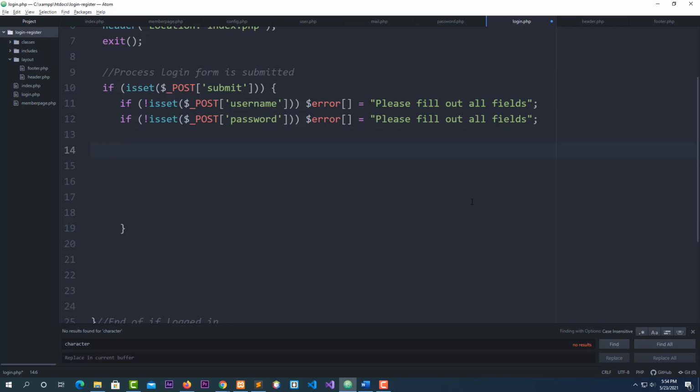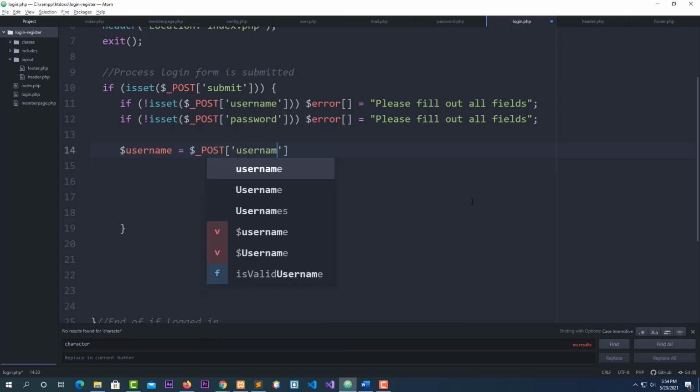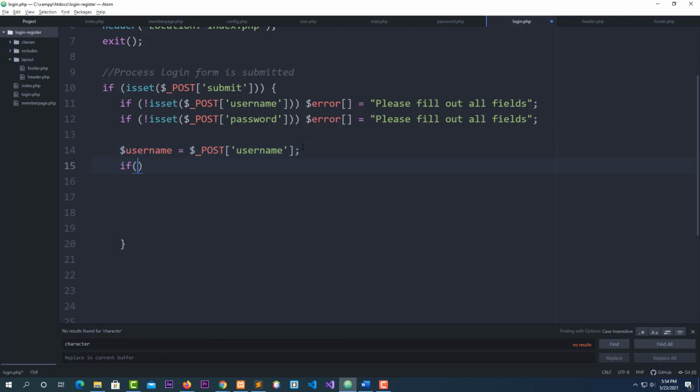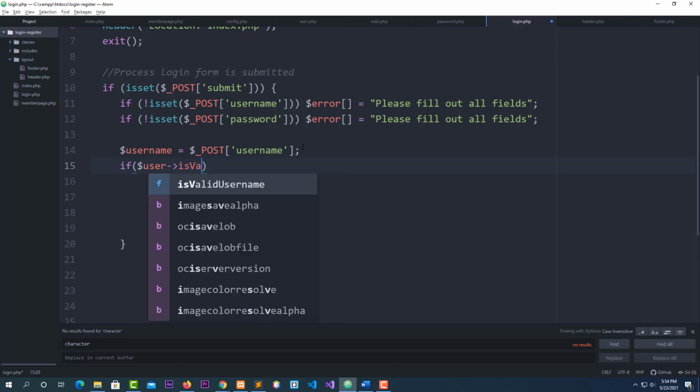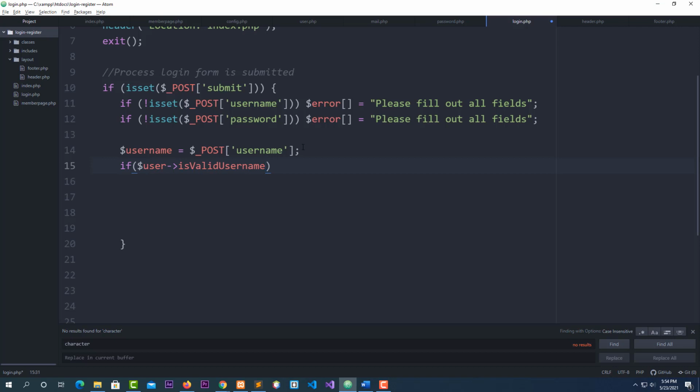Now, guys, I'm going to say username. I grab username, $_POST, okay, bracket single quote, username, semicolon. If user is valid username. Oops, let me go back and fix this. If user is valid username,